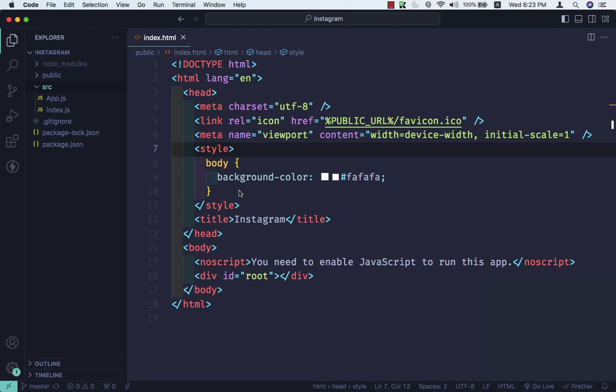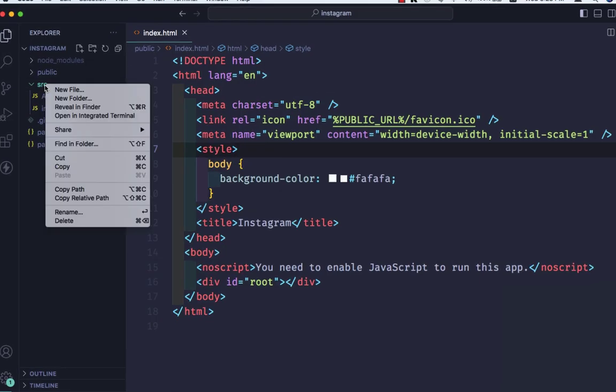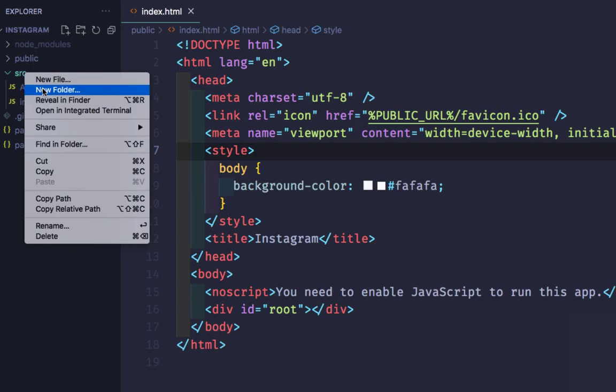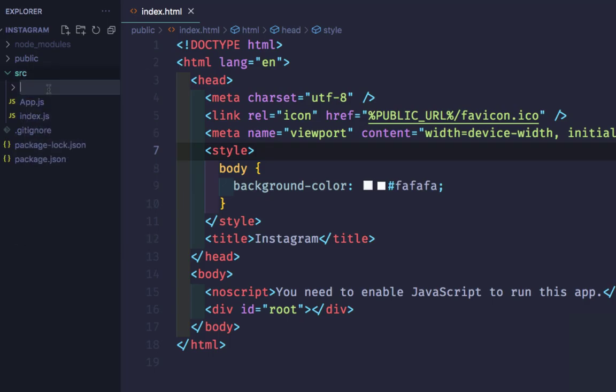Hello friends, in this video we will create the folder structure for our application. So the first folder that we are going to create is components. So inside the source folder, I'll create a new folder with the name components, hit enter, and then again right